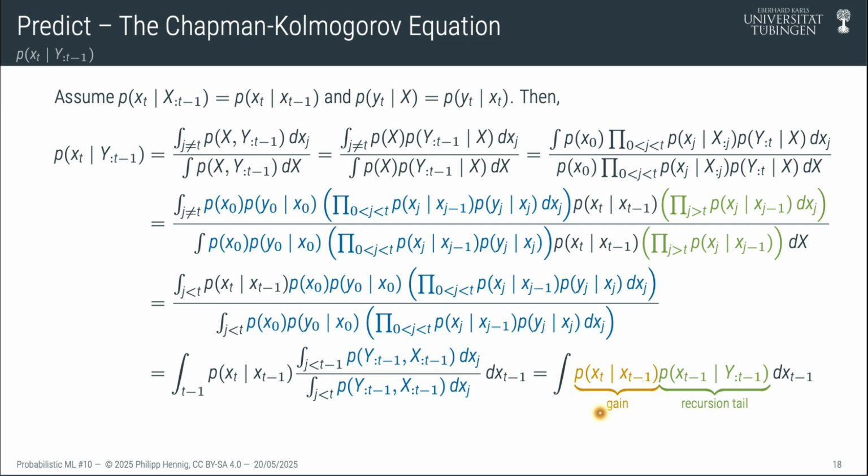You could think of this as a gain, similar to the Gaussian model where we thought about the covariance, the interdependence between some stuff that we know about and some new stuff. Here it's not a covariance, but a more general structure, a conditional probability distribution for xt given xt minus 1. And then something that we can connect to if we think backwards. And there's a question, then we'll take a break and make the connection.